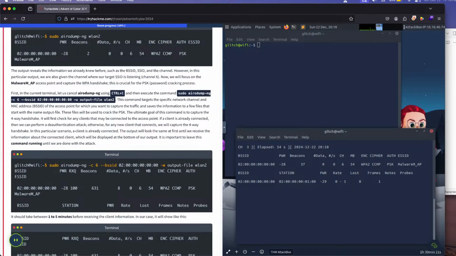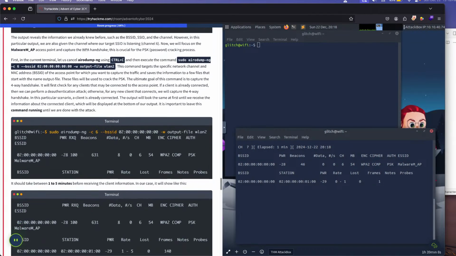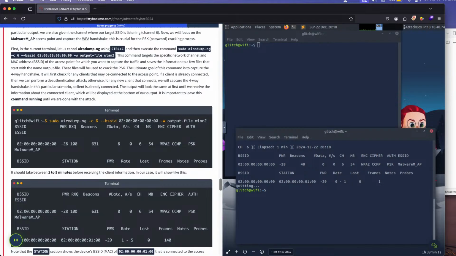Now we'll focus on the access point and capture the WPA handshake. This is crucial for the PSK password cracking process. First, in the current terminal, let us cancel with Control C, and then execute sudo airodump-ng, channel 6, and the BSSID is, I assume, this one here,